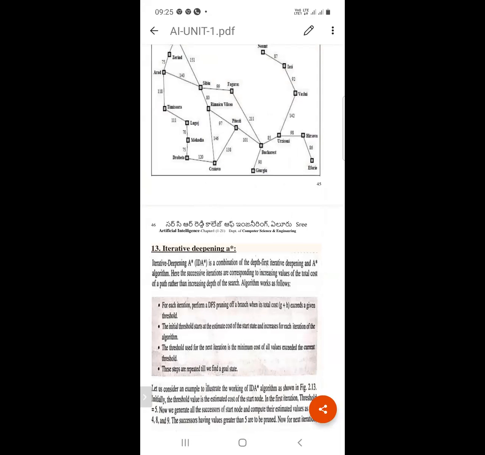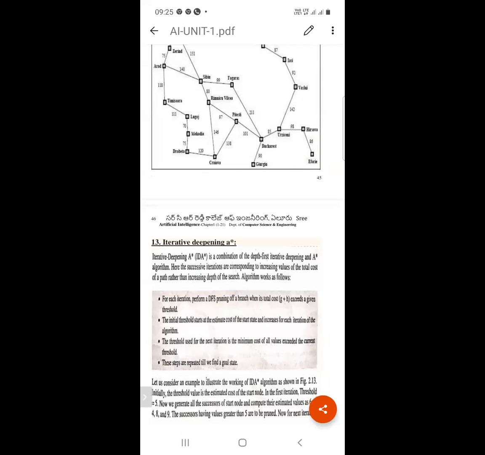The successive iterations correspond to increasing values of the total cost of a path rather than increasing depth of the search. Here it works as follows.